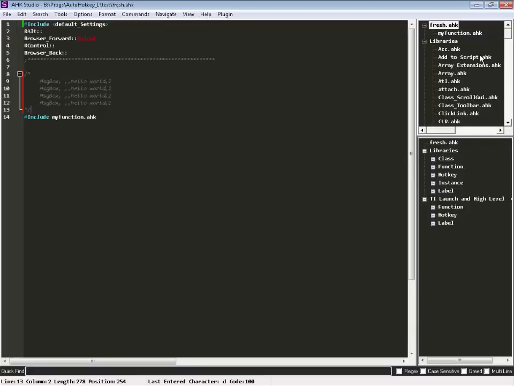Now get on a blank line. And now Alt I is a fun little thing. You only have one function, so it's going to call that function. If you had more than one function,